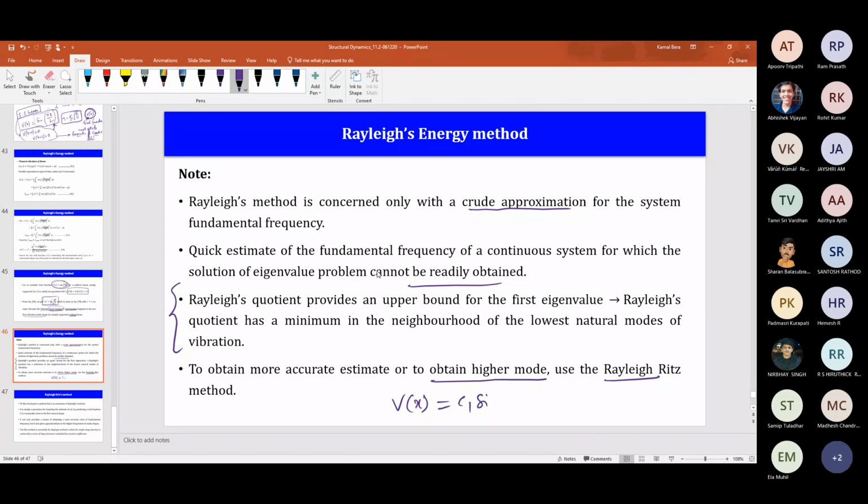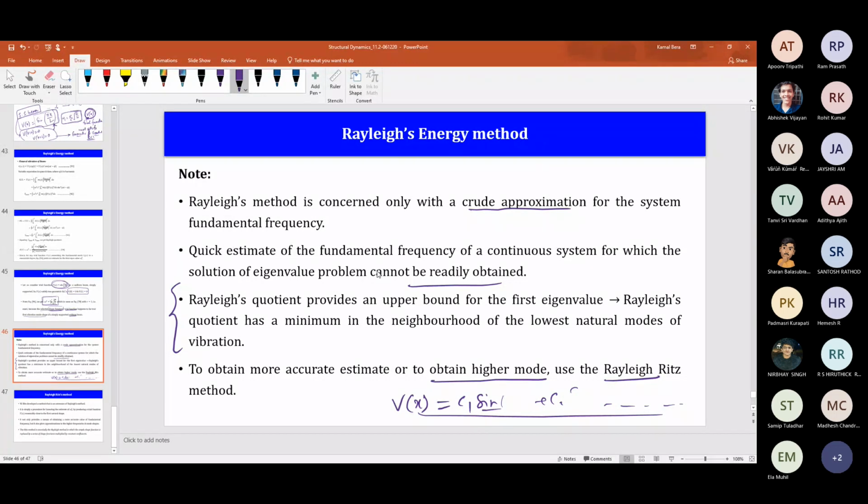So C1 is trying to say sine pi x by L, C2 sine 2 pi x by L, C3 sine, like that. Some sine or cosine or any arbitrary function, and it's a series. That series obviously satisfies the essential or geometric boundary condition. And then you just try to increase the number of terms in the series and you will get a convergence